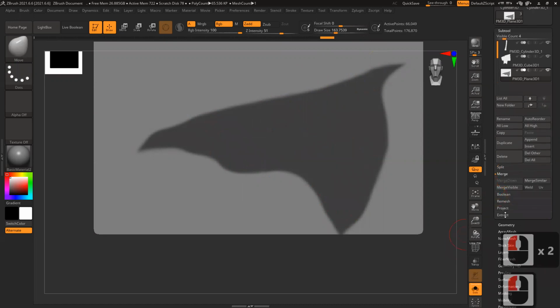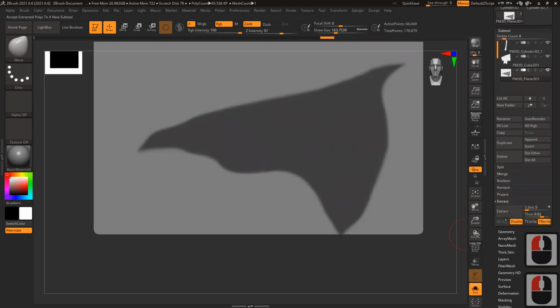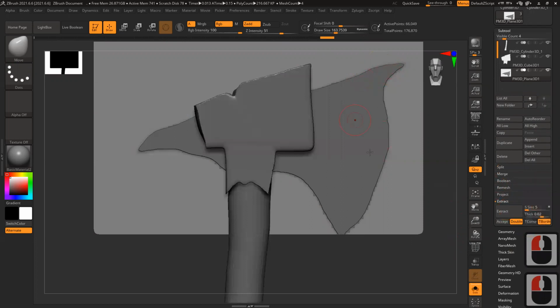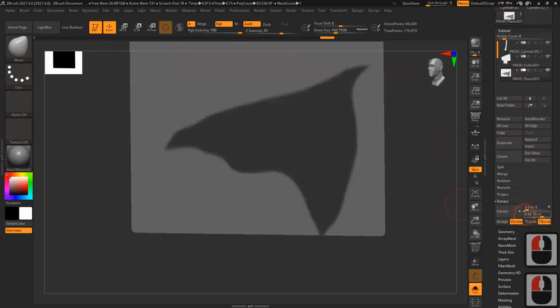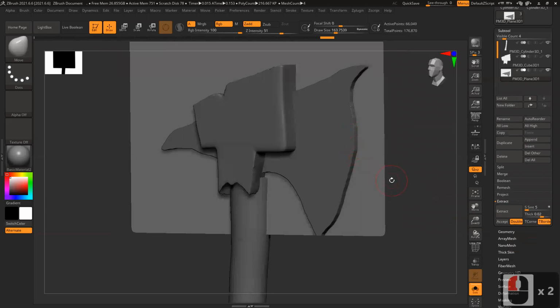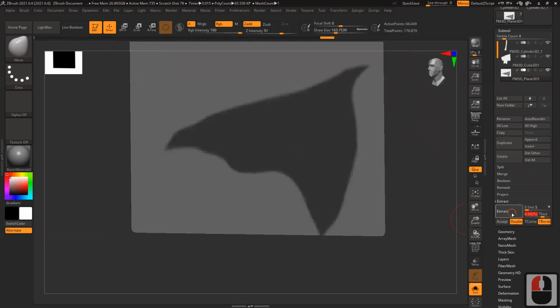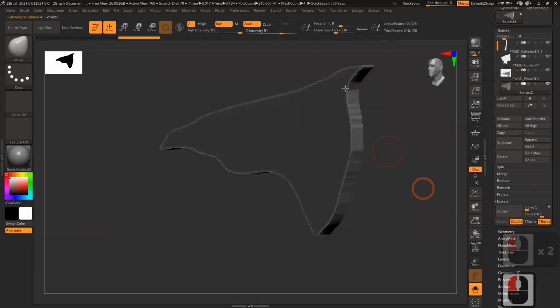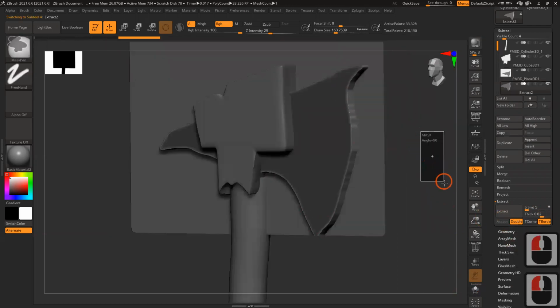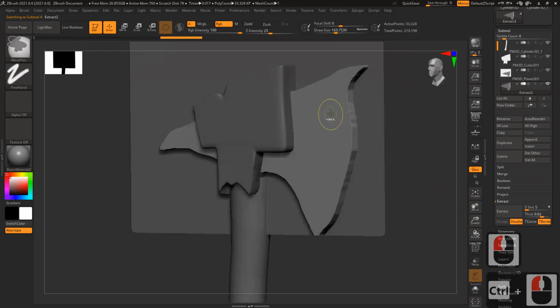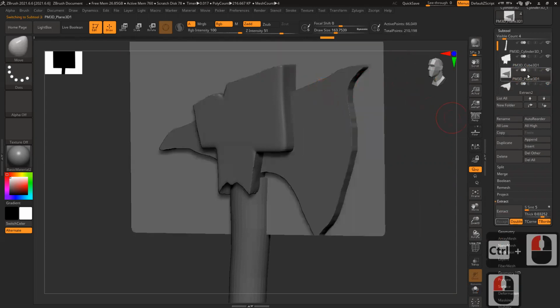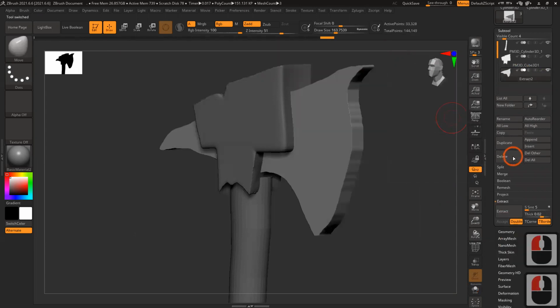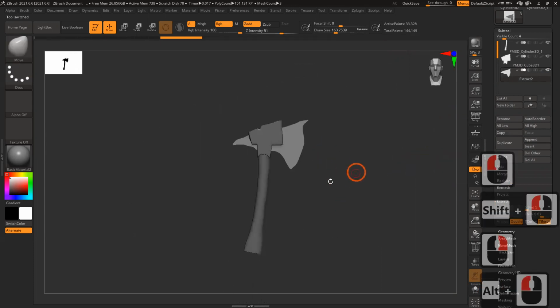Now scroll down, there is something called Extract. Click on this, Extract. See, it will create a double-sided geometry. Rotate and extract. You can see the thickness is decent, but it should be slightly thicker than this. So I can increase the thickness, and whenever I feel the thickness is correct, accept it. It will create that geometry. Control, drag outside, deselect the model, demask the model basically. Go to your plane and delete it. That is not required anymore.